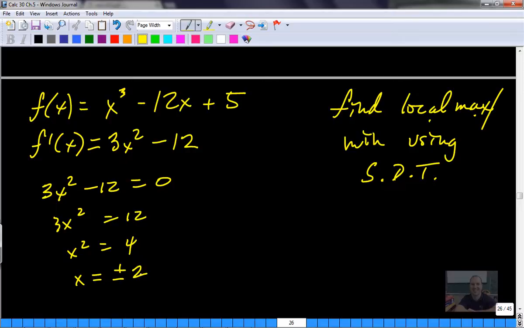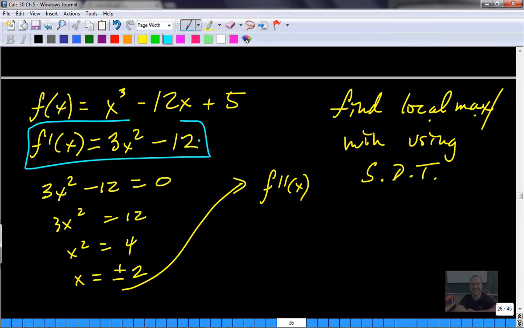What's the next step? Next step is find the second derivative, is it not? All right, so find the second derivative. So f double prime of x is, we're taking the derivative of the derivative. And so that's going to be